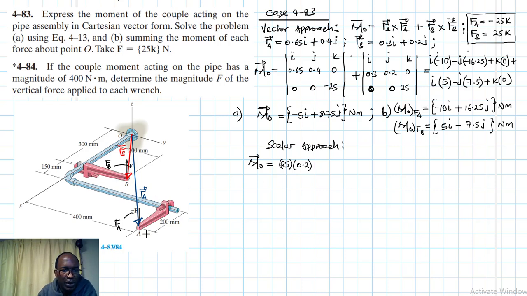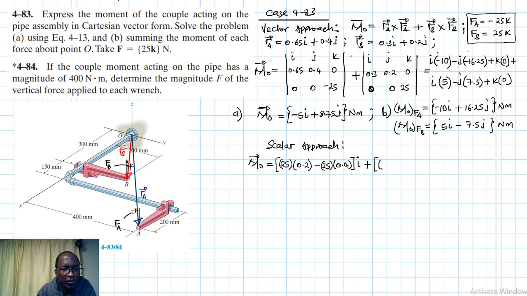Okay, and then the other F about the x-axis is giving us a negative, so it will be minus 25 times the lever arm, which is 0.4. So all this we can bracket them and then give them a direction along the I. So we'll say plus